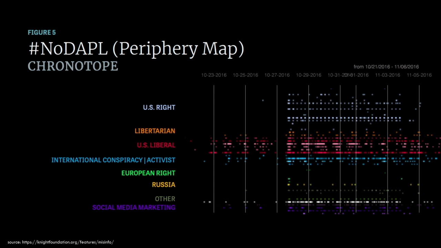Social media marketing, the European right wing, wacky conspiracy accounts, libertarians, the US right wing, and suddenly the hashtag goes absolutely wild. Now, this may be as a result of viral activity, but from having looked at these chronotopes, that's the name of this kind of thing, it's a plot of various things over time, of other viral hashtags, they don't usually just all start like that. They grow more organically. You would expect to see a gradual and then accelerating increase in activity,